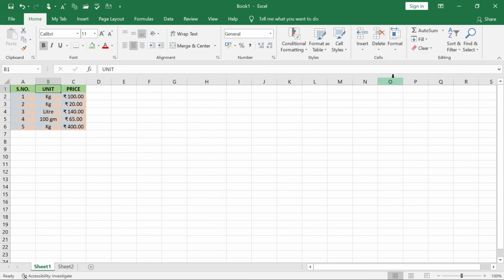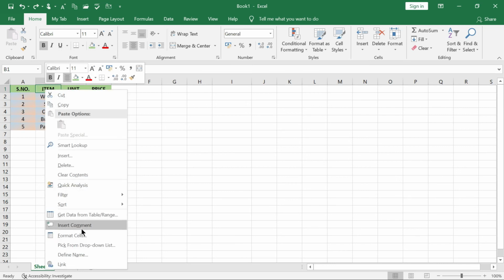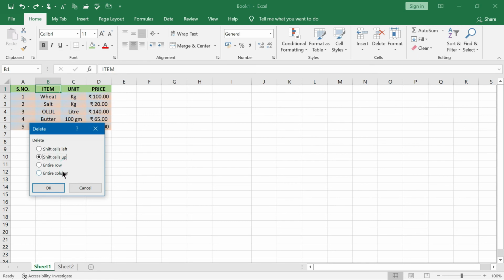Okay, so I will work on it. So that's why I am getting it back once again by pressing Ctrl Z. So it is coming over here. So I think you have seen it. Okay, right click either this one or this one. Right click and then say delete. Fine, click on delete. Okay, then say entire column. Okay, so the column will be deleted.